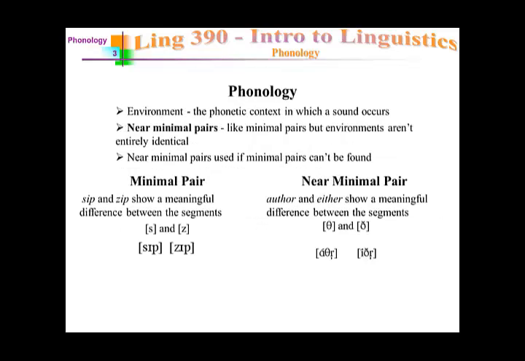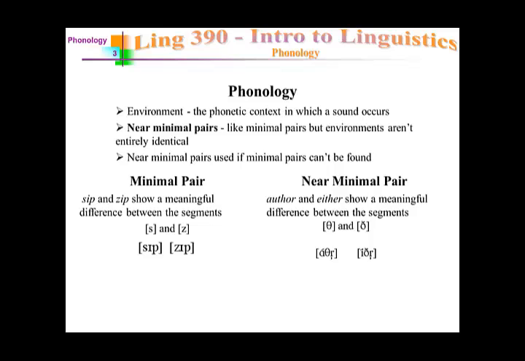We'll revisit the concept of the environment of a sound, but for now you can think of it as the sounds that are just before or just after the sound that you're examining. Jeff brings up near minimal pairs, and these are sometimes very useful in fine-tuned phonological analyses. You won't have to deal with near minimal pairs in this course, but it might be useful to know that